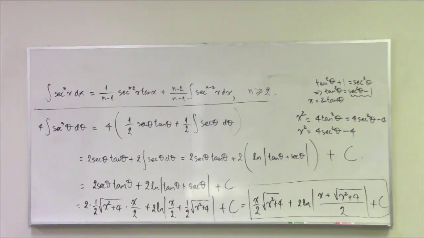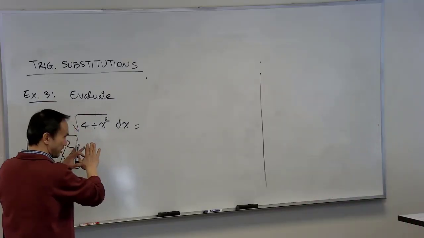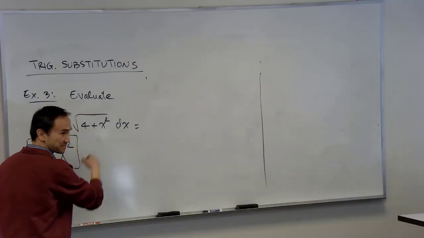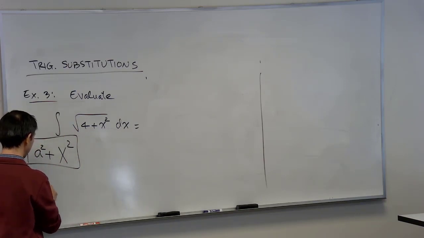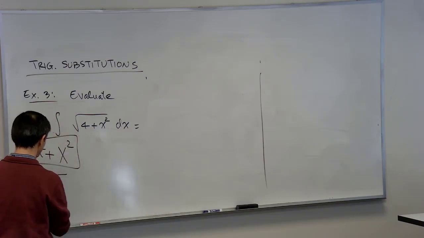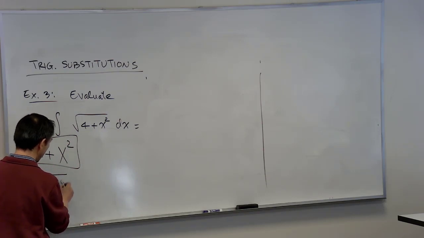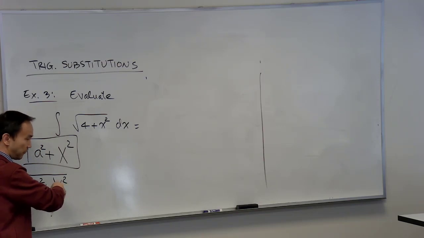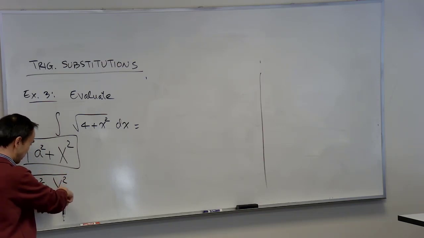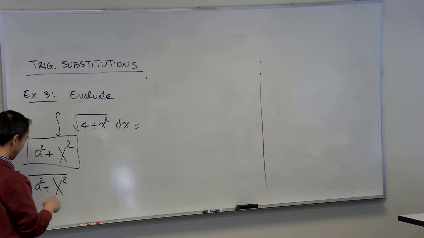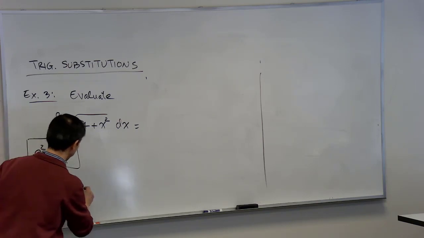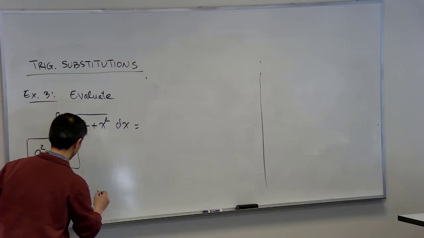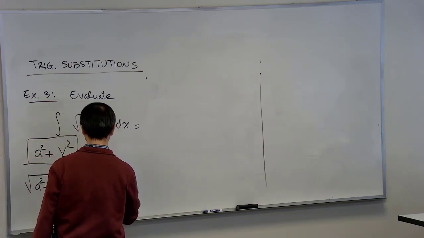Now, as a generality that we can draw out of this particular problem, anytime you are working with an integral that involves a square root of a constant squared plus an expression squared, the expression can just be x squared, or it can be something like 4x squared. The point is it's some expression squared. So anytime you have something like that involved,